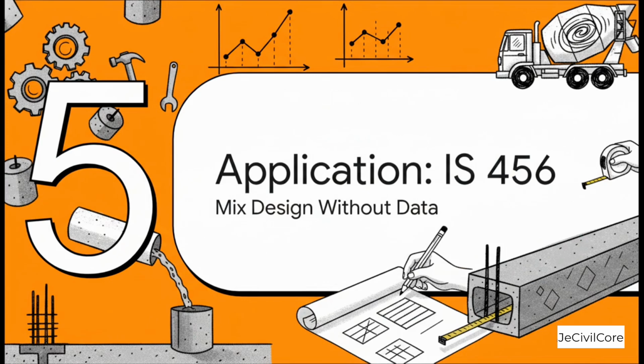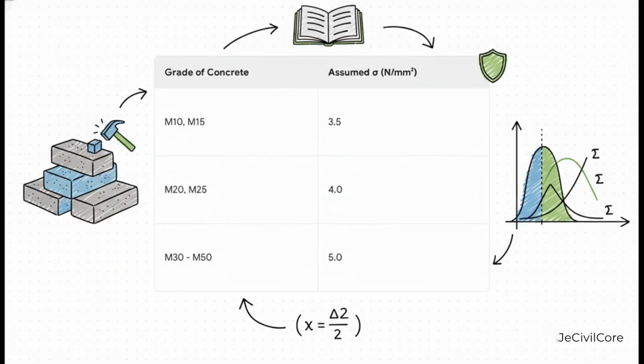Okay, that's some pretty heavy theory. But how does this actually work in the real world? I mean, imagine you're a junior engineer on a brand new project. You don't have 30 past test results to calculate your own standard deviation. So what do you do? How do you design your concrete mix? Well, lucky for us, IS 456 provides the answer with this incredibly important table. When you don't have enough of your own historical data, the code gives you an assumed standard deviation to use